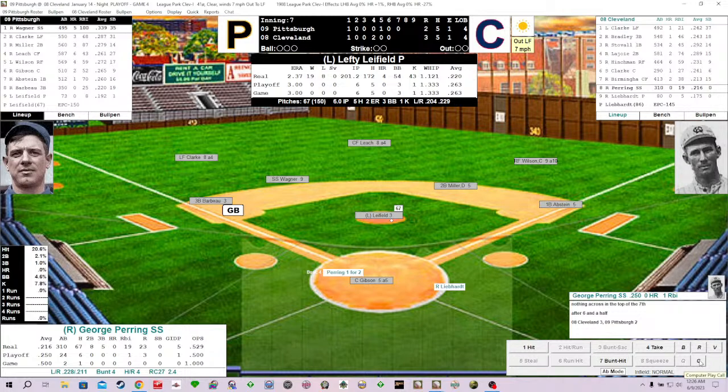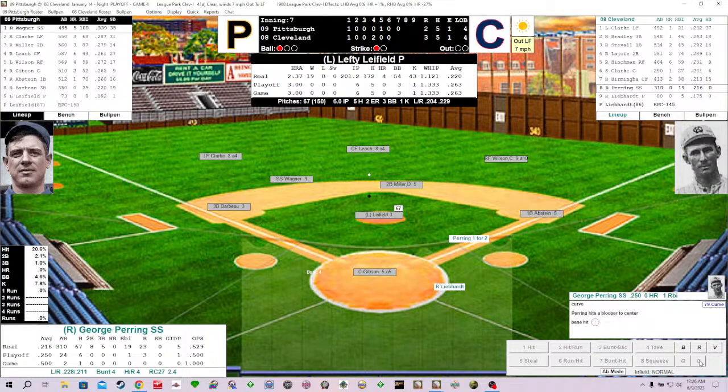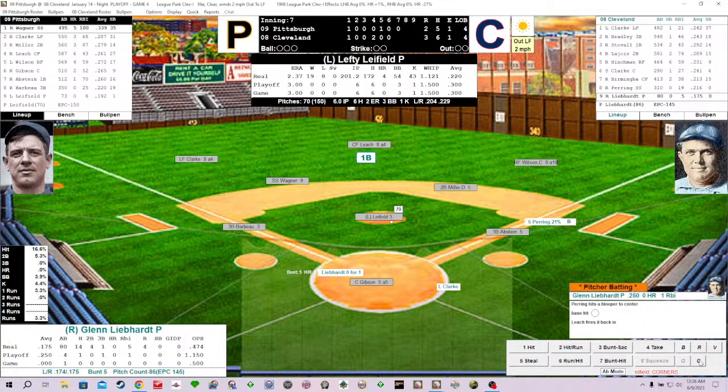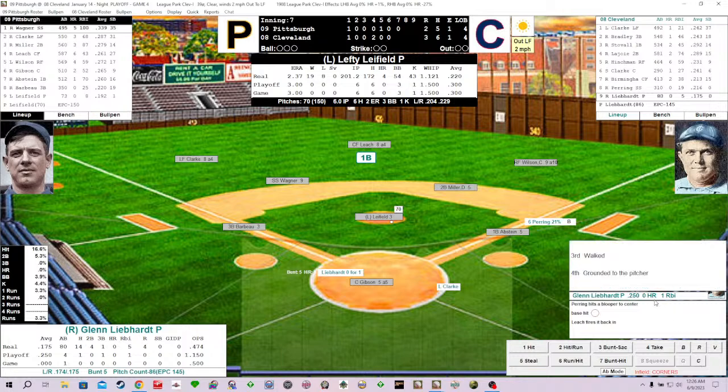Lefty Leafield holding at 1 strikeout, 3 walks, and the Bucs just want him to stay settled. Here is the 1-1. Perring, just as I say that, lines this one over the head of Dots Miller at second into center for a base hit. So George Perring aboard, and they're looking bunt here from Glenn Liebhart.